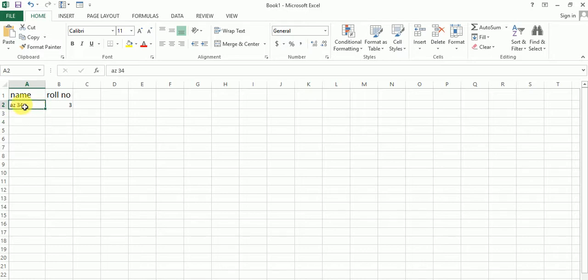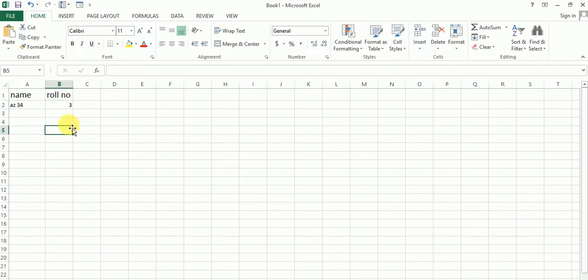But you can call the B2 cell a field because it has only one type of data. Okay, next, record.